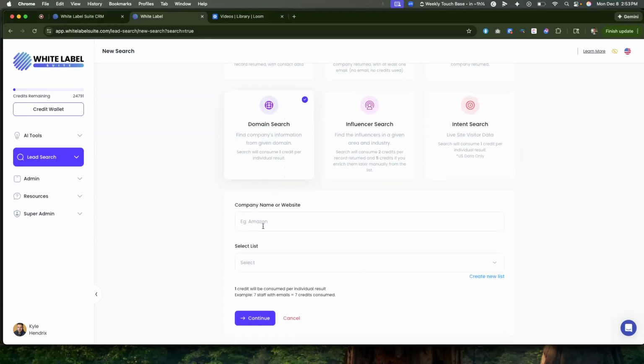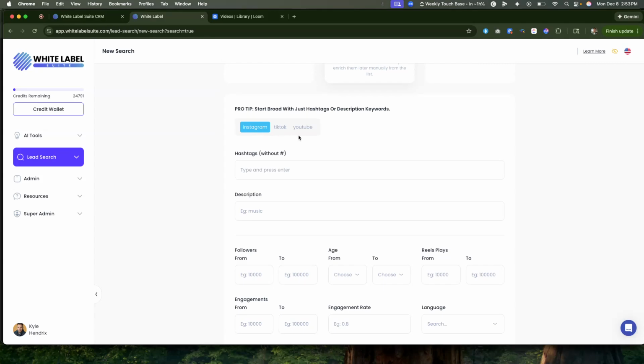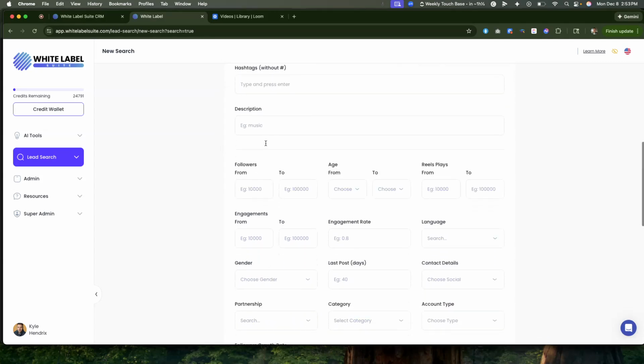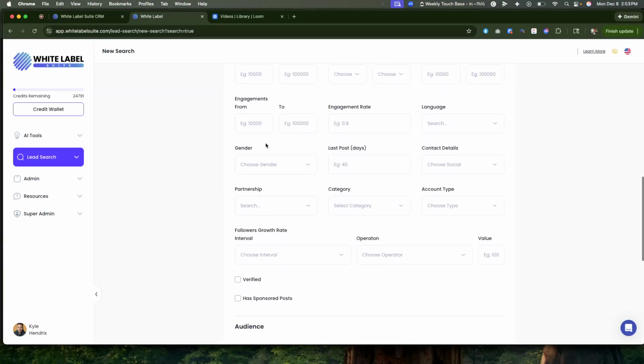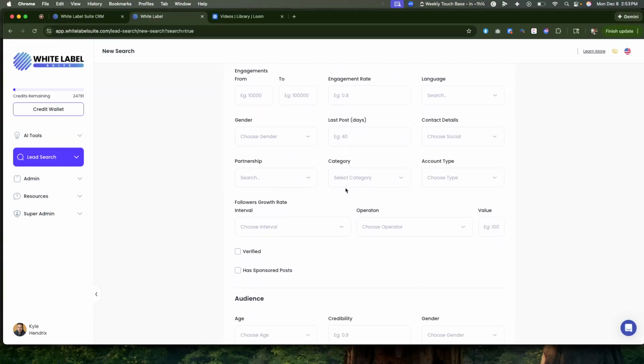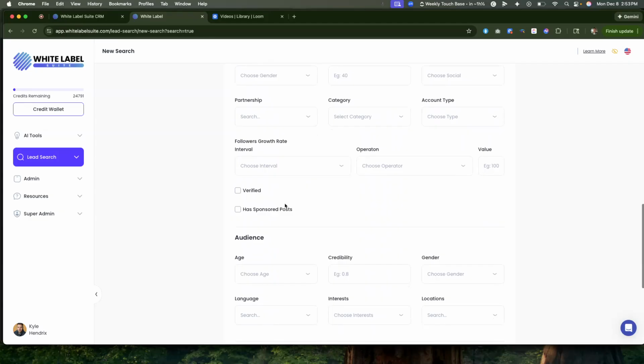Domain, again, you can put in their name, you can put in their website, and away you go. Influencer, we can help you find people on Instagram, TikTok, YouTube. Hashtag, you can search by description, follower count, the age of their audience, gender, when they posted last, their contact details, category that they post on their Instagram account that they're known for, or anything like that. If they're verified,